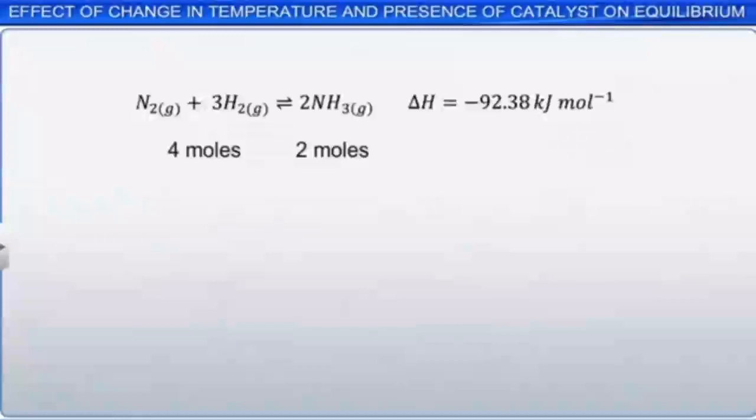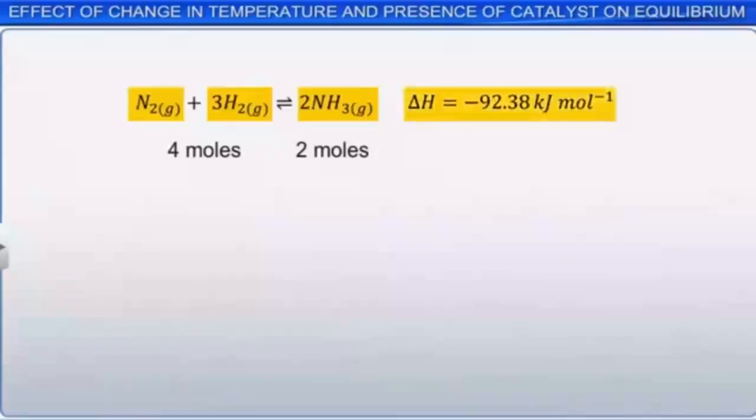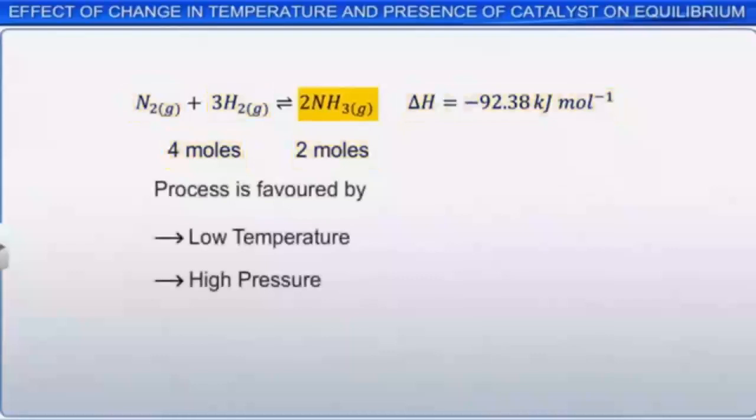To understand the effect of a catalyst, consider the gas phase reaction of the formation of ammonia from hydrogen and nitrogen. The formation of ammonia is an exothermic reaction and proceeds with a decrease in the number of moles. According to Le Chatelier's principle, the conditions favorable for the formation of ammonia are low temperature, since the forward reaction is exothermic, and high pressure, as the reaction proceeds with a decrease in the number of moles. However, the conditions cannot be maintained because